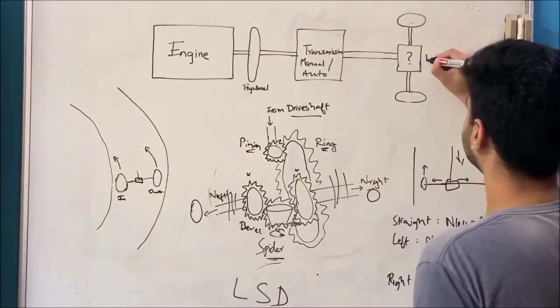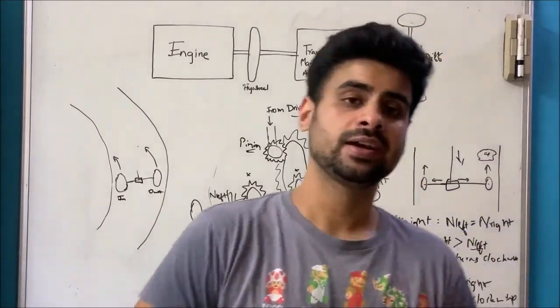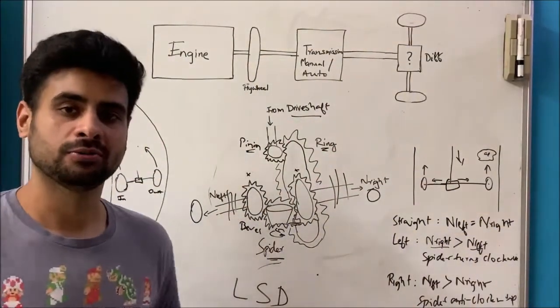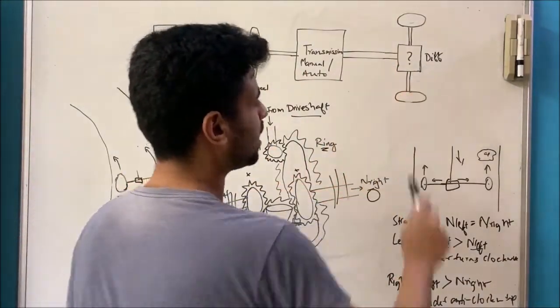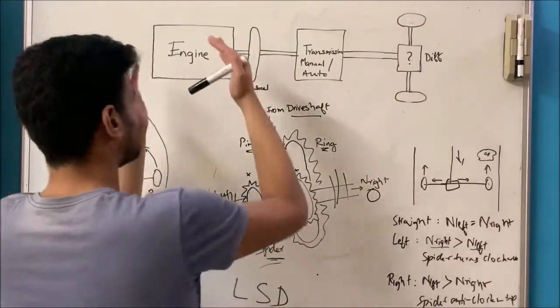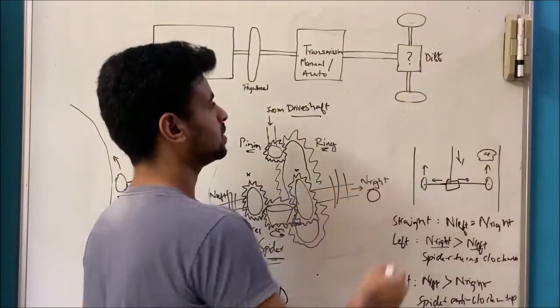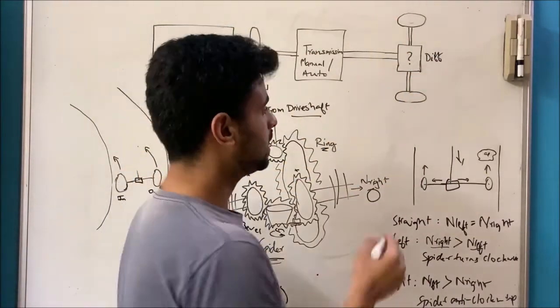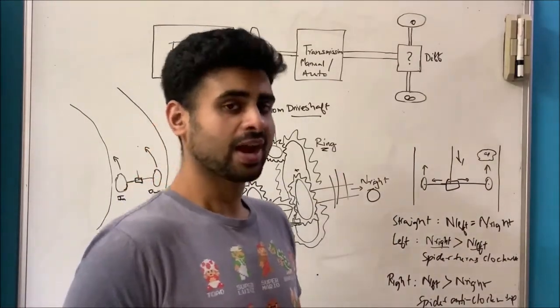And that brings us to the end of this video. Today we've done differentials. What is a differential? Why is it required? What is LSD? All of that. And I'm glad to say we finally finished the last piece of our puzzle. Power production, power processing. Finally the last piece of processing before we actually have power in these wheels. So that's good news. You can take your car out.